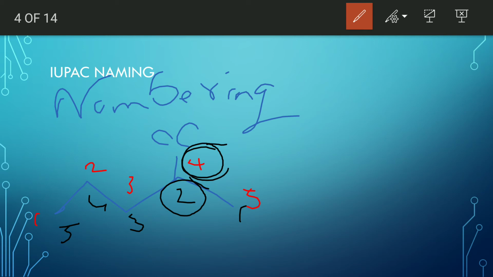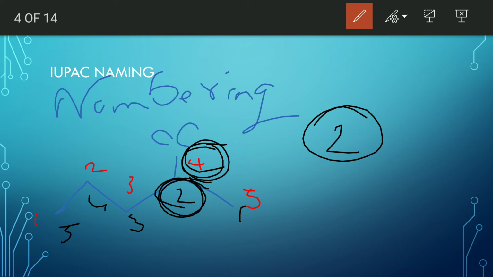In this case or this case? 2 is the lowest number, right? So you must do the numbering from left to right. How? Left to right. Always compare the first point of difference. So if I have a chain like this,